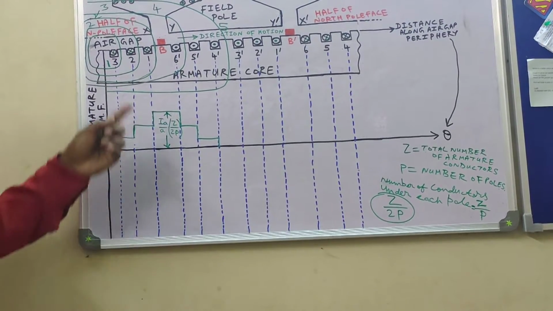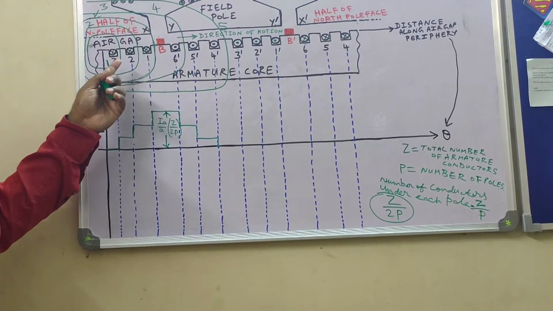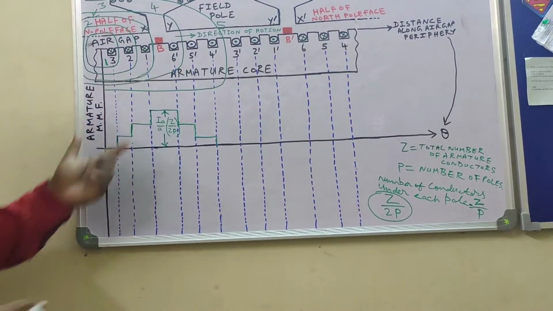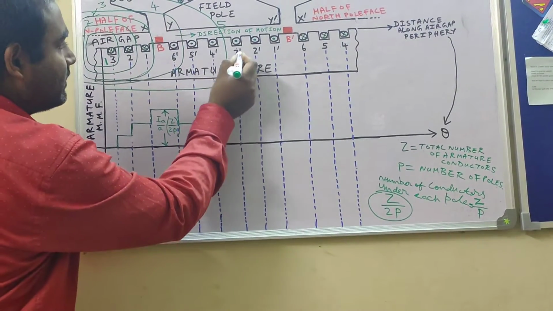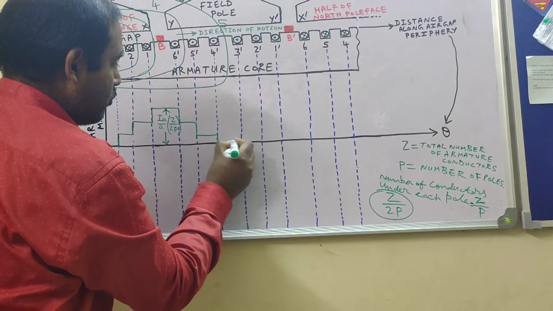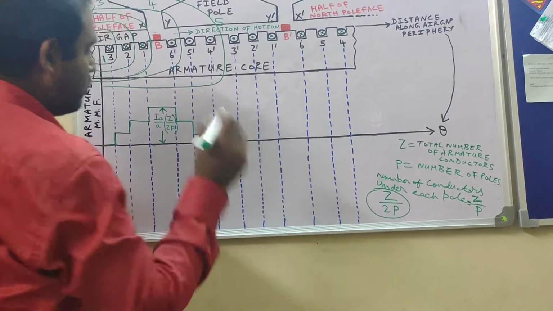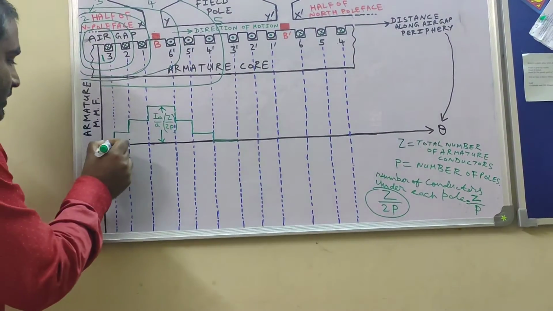As per our convention, cross current is positive and dot current is negative. So they will cancel. So what is the MMF here between 4 dash and 3 dash? It will be 0. So it is shown by this 90. I hope it is clear why it is 0.